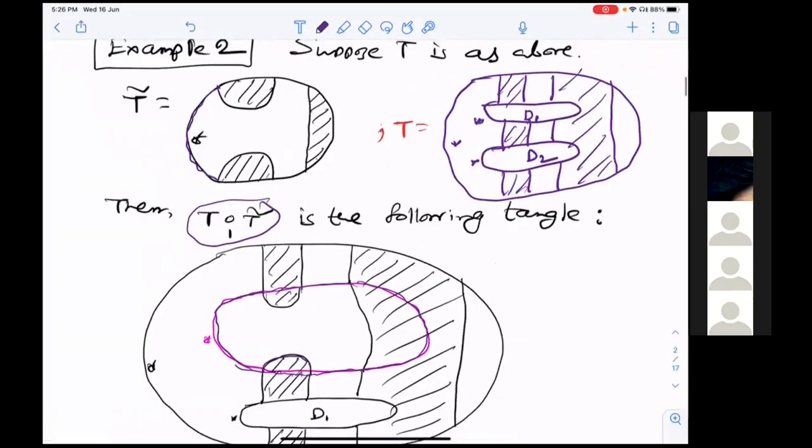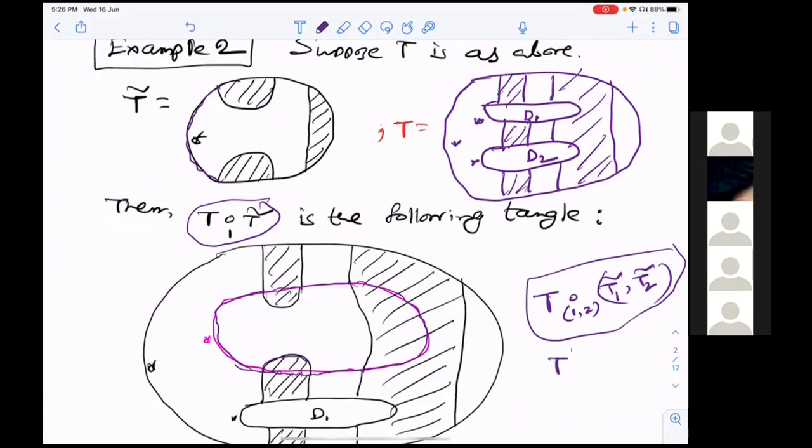Then you can substitute together T circle 1, 2, some T1 tilde, T2 tilde. This notation says that in the first box you put T1 tilde, and in the second box you put T2 tilde. So this way, by induction, you can do it any number of times. You can even fix one of them. That means suppose T has color 3. There are 3 internal boxes. You can just substitute in two of them, and one just remains fixed. So these are the various ways to obtain the multiplication of tangles. It is enough to do it in one tangle, to see what is happening, because then we can do induction.